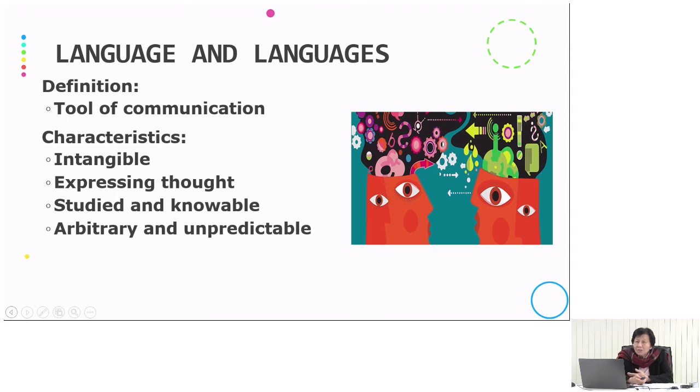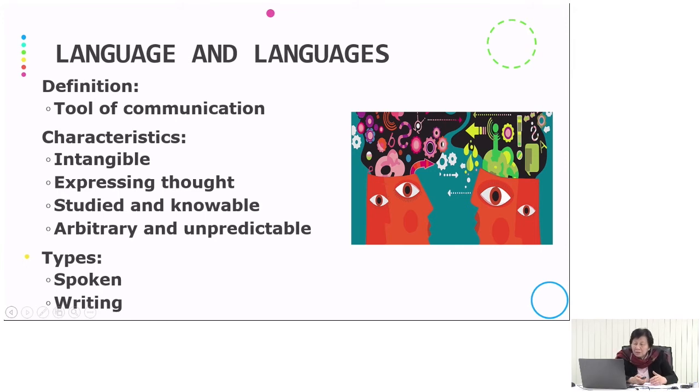So this is the reason why we have to learn about language, you see, so that we can use it to communicate much better this way. Why we say that languages are arbitrary and unpredictable? You see that there are many types of language used. Two types that we know very well about the language